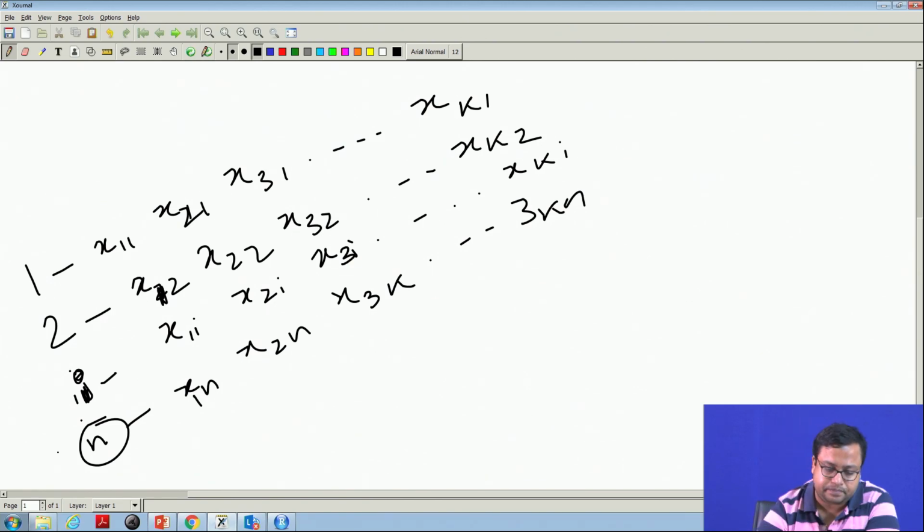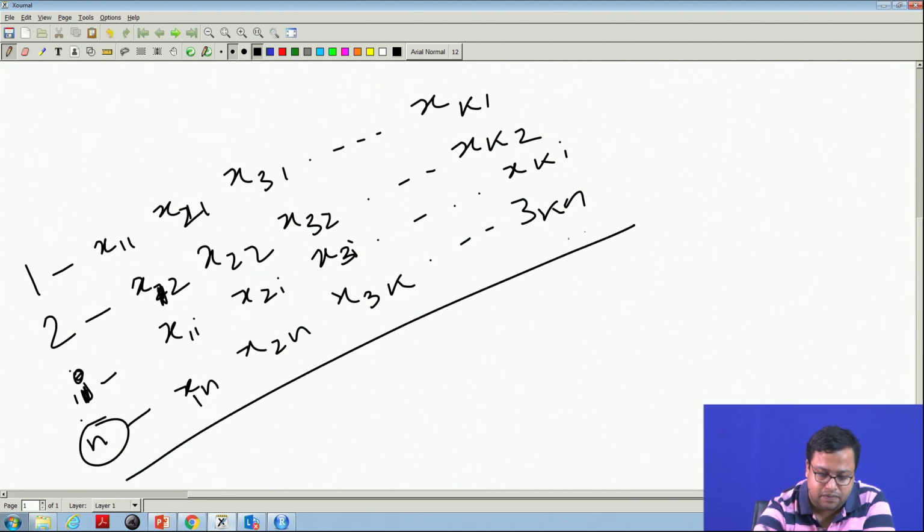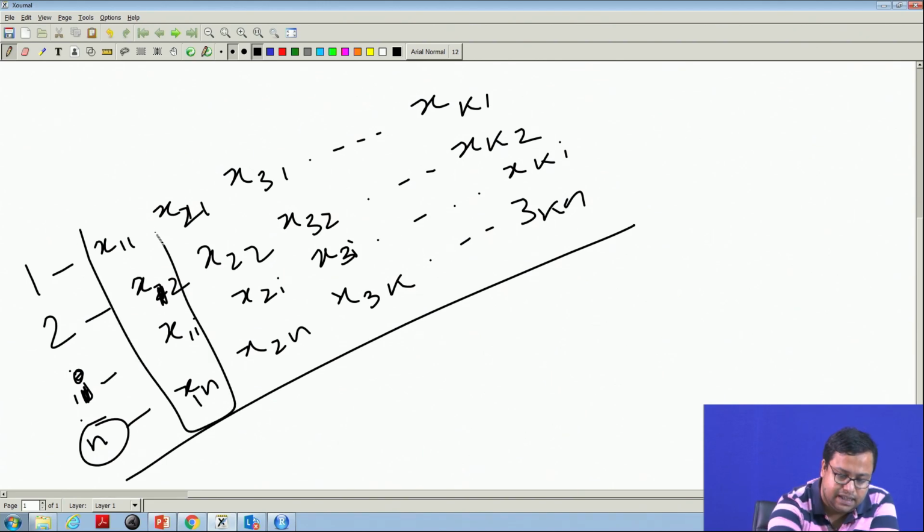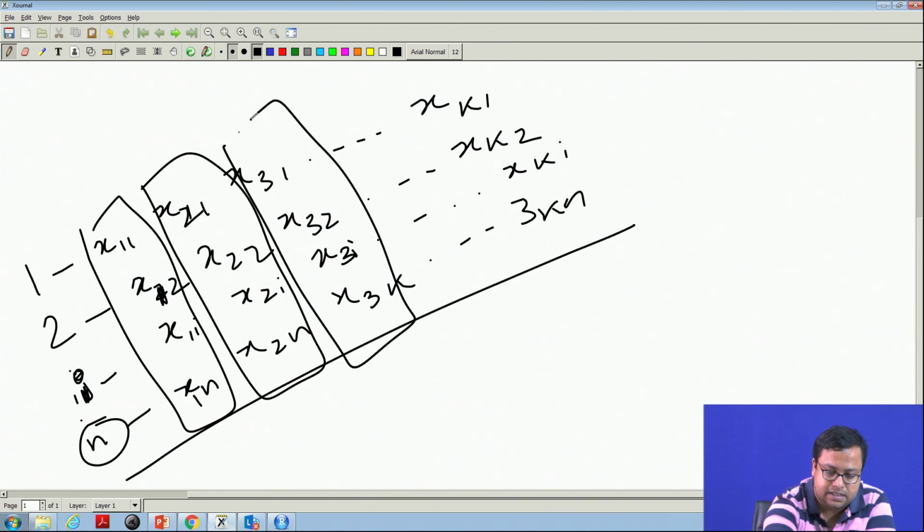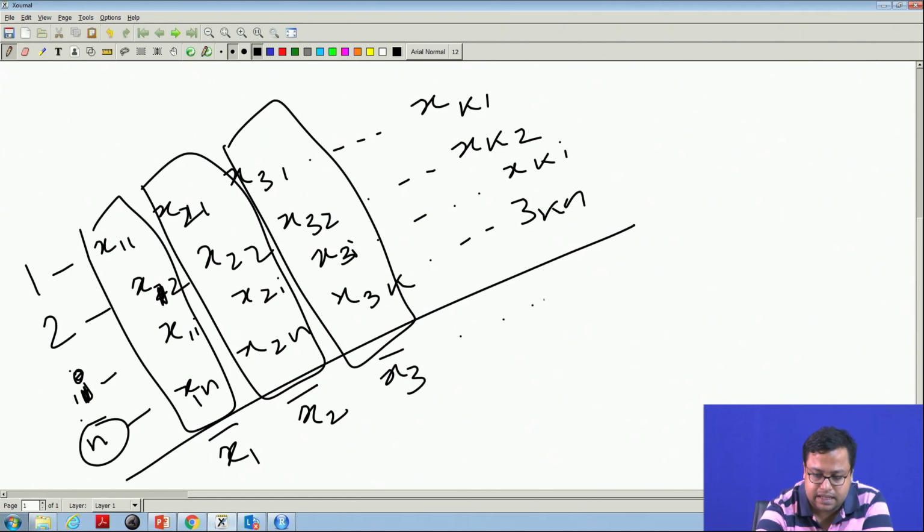Now, if I take a mean, what is the mean observation? The mean observation is actually the mean of this, then the mean of this, then the mean of this. So, each one will have one mean: x1 dash, x2 dash, x3 dash and xk dash. Every parameter will have a mean.